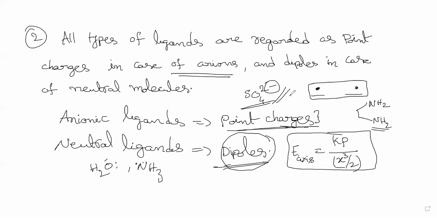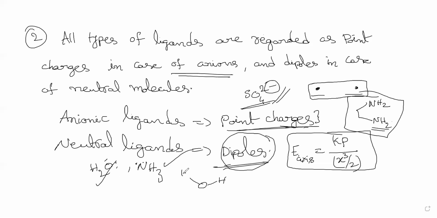Okay, crystal field theory has this one approximation. So there will be a Coulombic repulsion they will consider into the picture. So you will understand by the crystal field splitting later. So this is the point number 2. So neutral ligands are treated as dipoles. So that is the ethylene diamine kind of things. They are treated, ethylene diamine, ammonia, water, they are treated as dipoles. Okay, obviously they are dipoles only. There is no doubt about that.